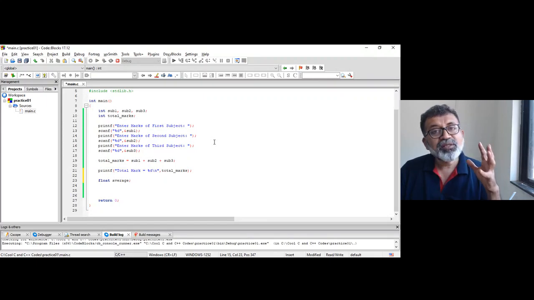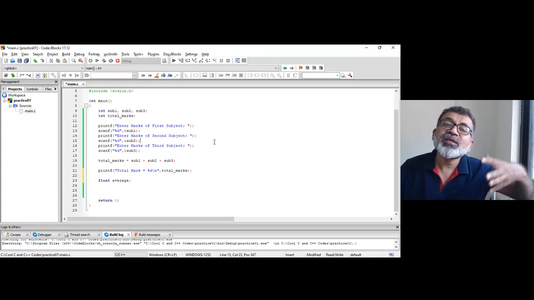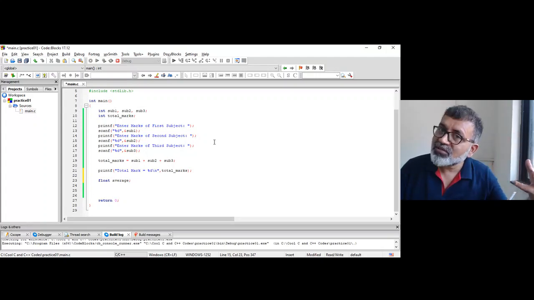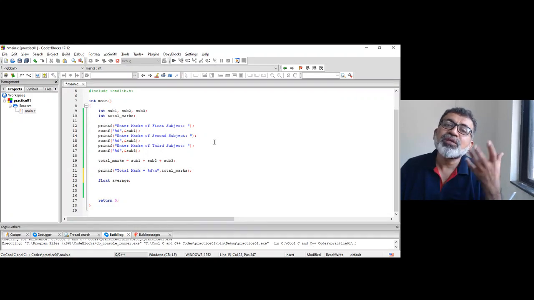In your college they might have told you a variable in C has to be declared at the beginning of the function. I am telling you at the beginning of the block. Note it. I'm not saying the beginning of the function. If it is said like that, it is wrong. A variable in C has to be declared at the beginning of the block.